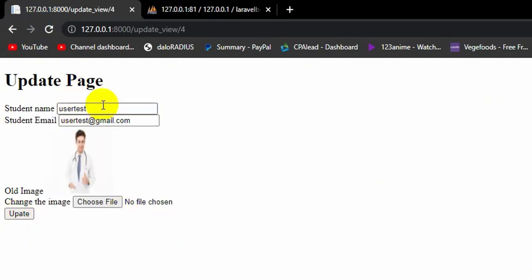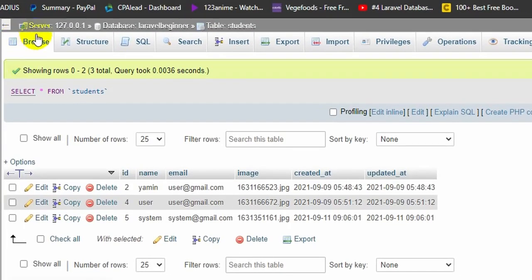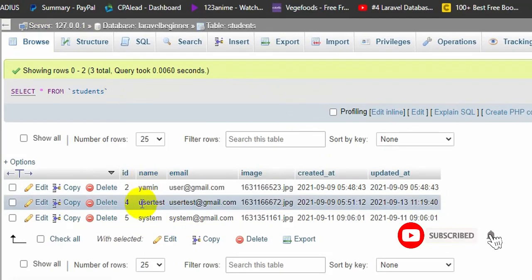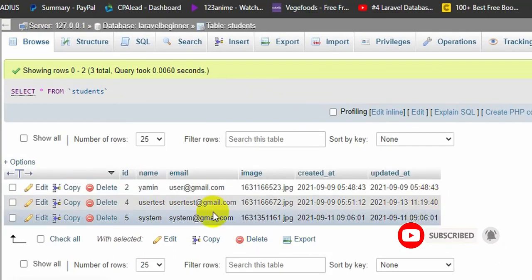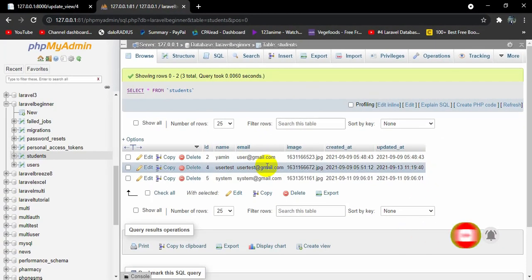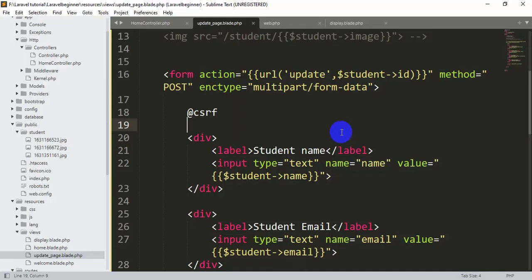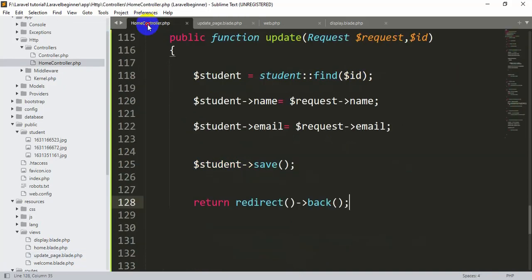And here you can see, now if you refresh this page, you will see the student name user test as well. Now if you go to our database and if you refresh over here, here you can see name is user test and email is user test@gmail.com. Now let's go back to our code and write some code so that we can also update our image. So for it we need to go back to our code and we need to go to our HomeController.php,